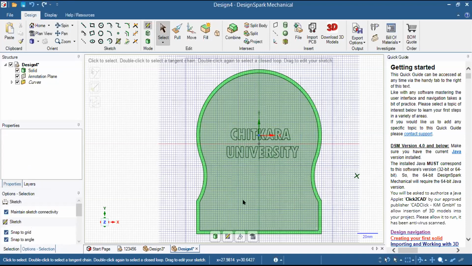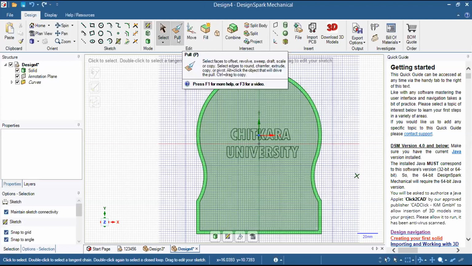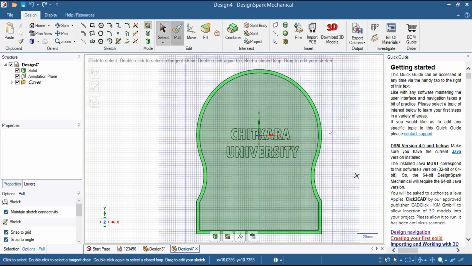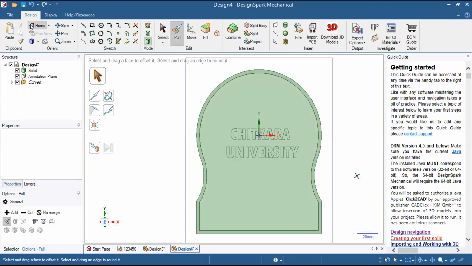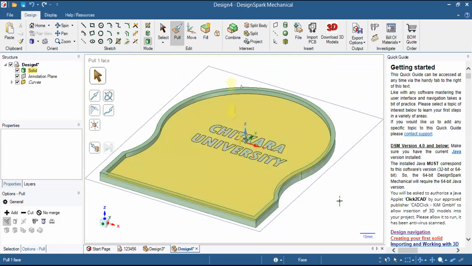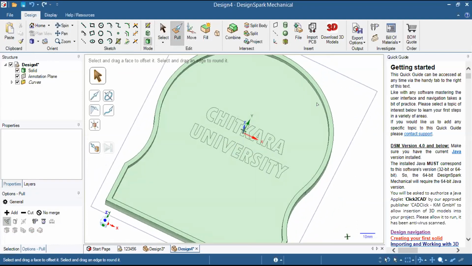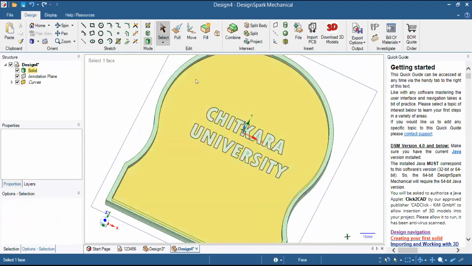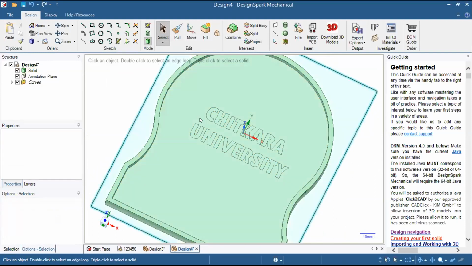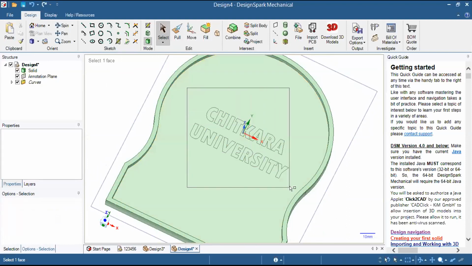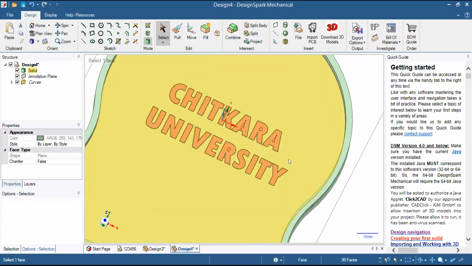So now I have projected the text. Now what I need to do is I will go to 3D mode again, and I will go to pull, and here I will be going to home so that you can have a better clearance. I will just spin it somewhat like this. Now I need to select this text, or even you can do this by selecting it in a single way, meaning single letter and alphabet like this.